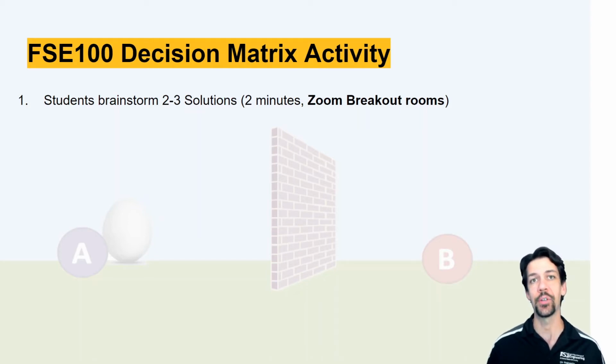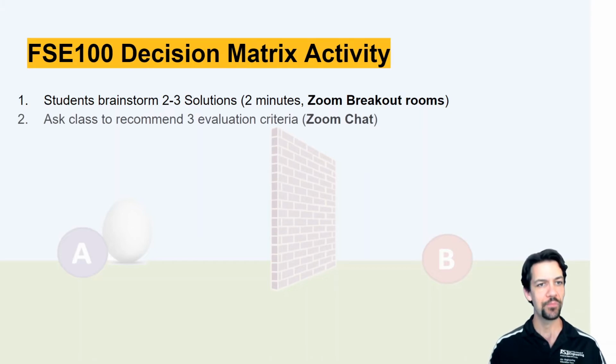And I want them as a group or even as individuals to come up with 2 to 3 solutions that they think would be good. And they can range from serious solutions to crazy, wacky solutions. I give them constraints of using today's technology, so no teleporting, no time travel, any kind of crazy stuff like that. Then